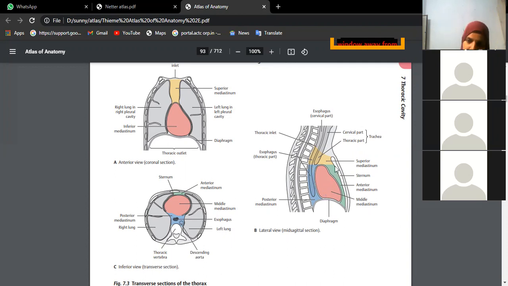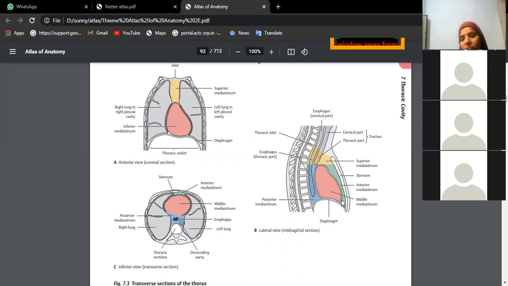Now the inferior mediastinum is further subdivided into three subdivisions. Behind the sternum, you have the anterior mediastinum. In the middle, we have the middle mediastinum, where you have the heart. Behind the heart, whatever blue area is shown is the posterior mediastinum. That's what I was telling you. Just check for the descending thoracic aorta, posterior rib cage, whatever structures you see there in the blue area. Those are the contents of the posterior mediastinum.